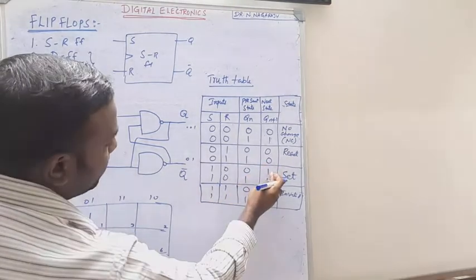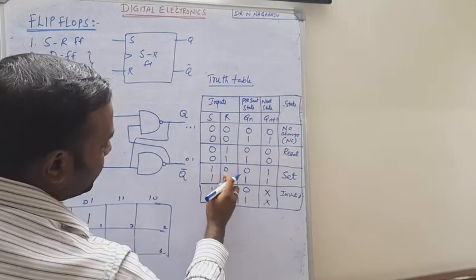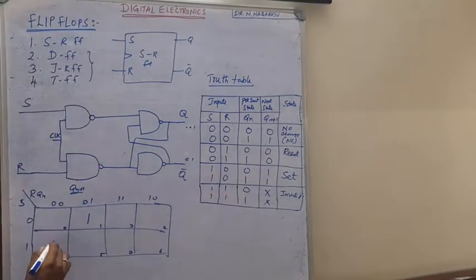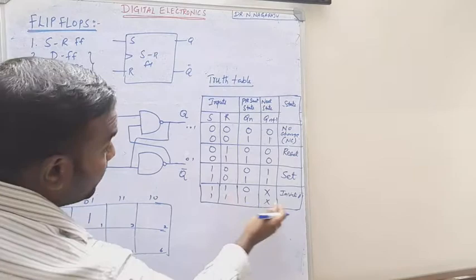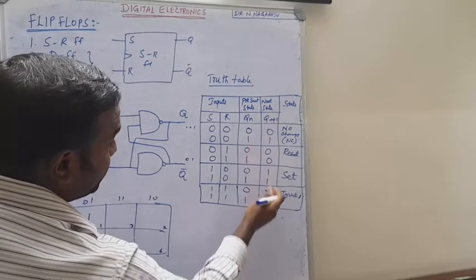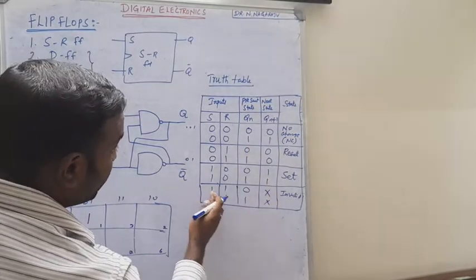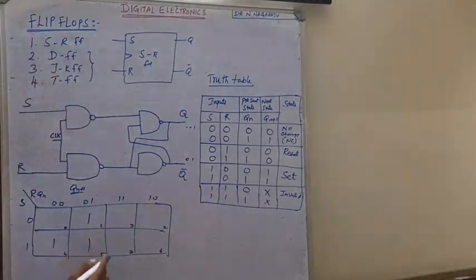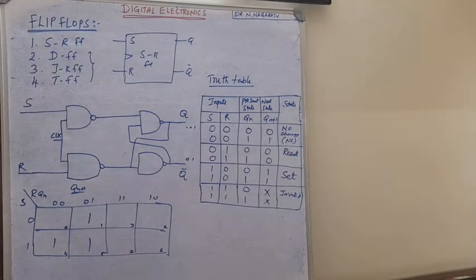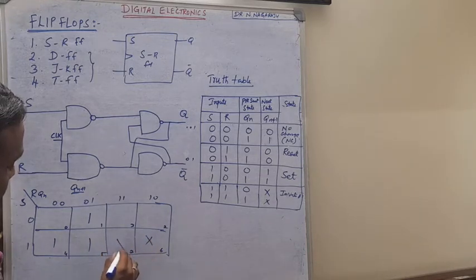And here also, see, Qn plus 1 is 1 at what condition? That is 4, so for 4 put 1, and 5 also put 1. And then here the invalid state is there, so Qn plus 1 is what? X, for 1 1 0 and 1 1 1, that is 6 and 7. Those are the invalid states, so you just put 6 and 7 as invalid state. So here also X and here also X.